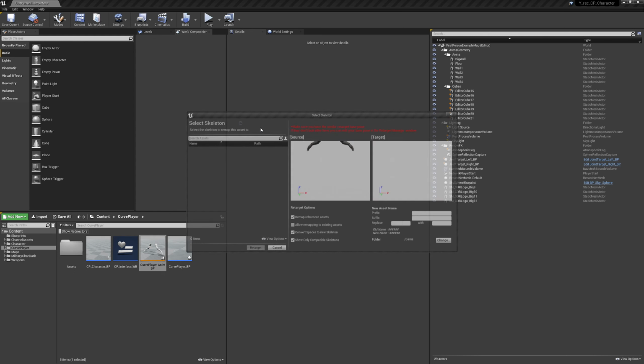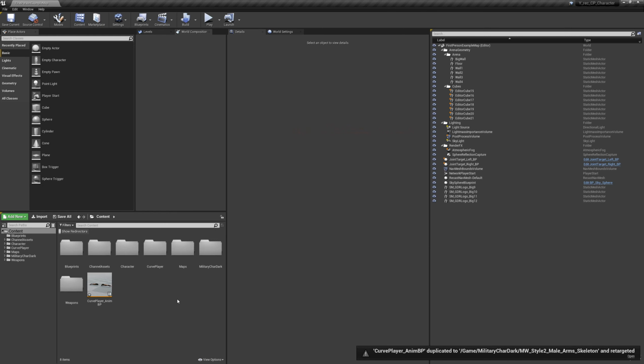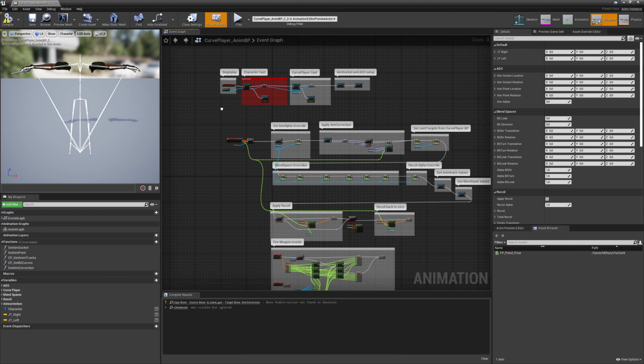So I'm going to duplicate animation blueprint, and then I'm going to make sure that I deselect only compatible skeletons, and I'm going to select my character skeleton. So that's the male arm skeleton, and retarget it. So now I have an animation blueprint that's assigned to my character, and there's a few things we need to